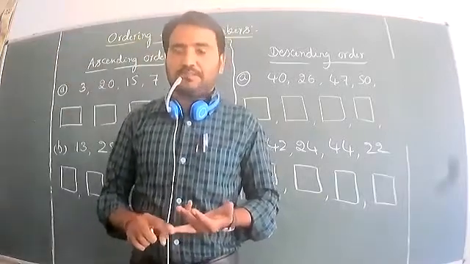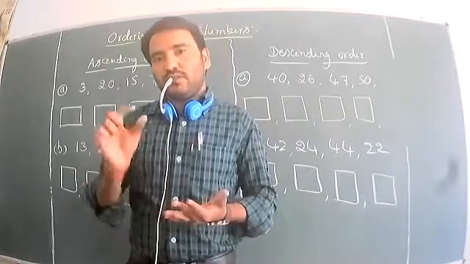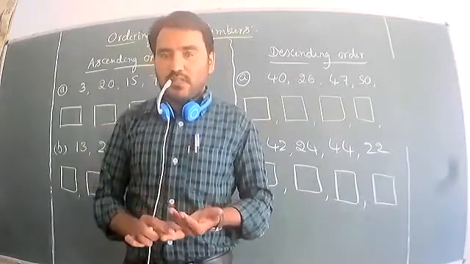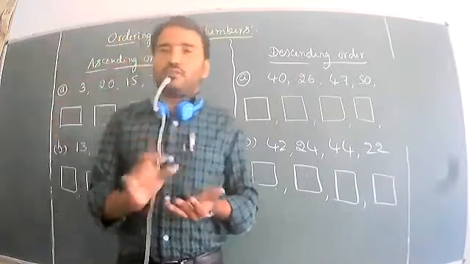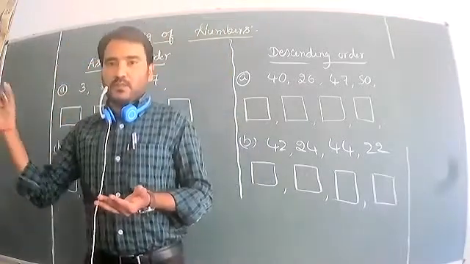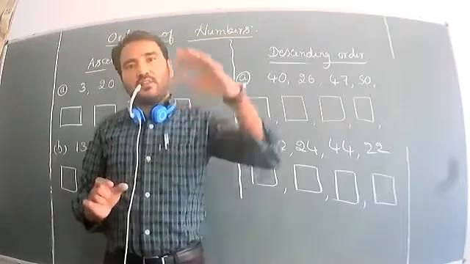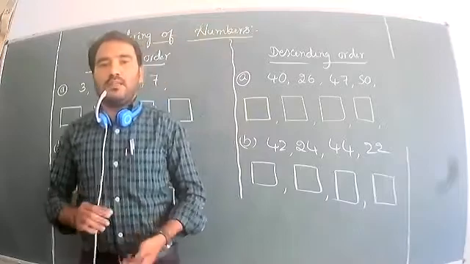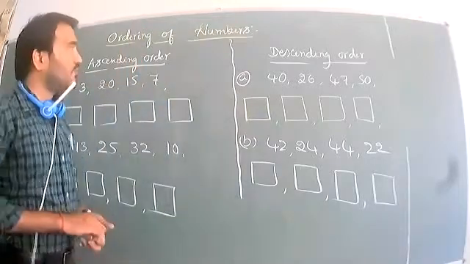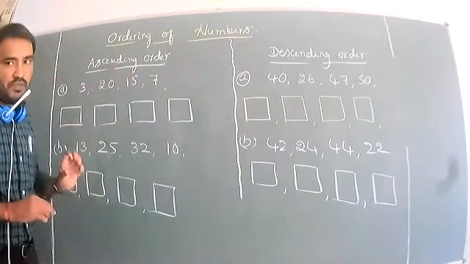Ascending order means we first take the smallest number and go up to the bigger numbers, so smallest to biggest. Then descending order is biggest to smallest. Using those concepts, we can easily find out the numbers. Which one is smaller, which one